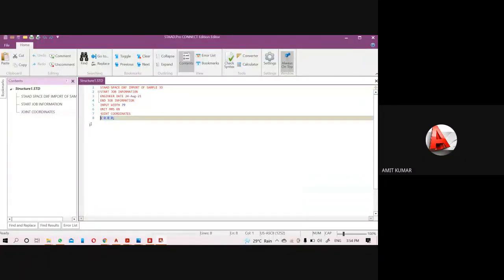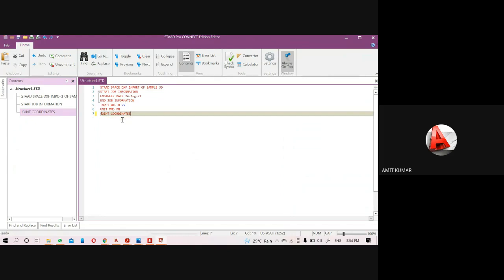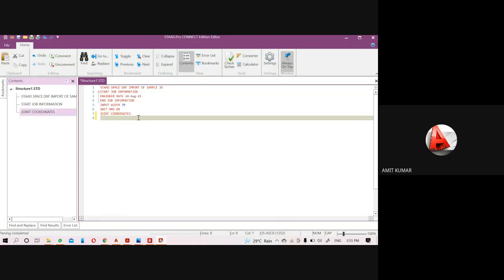I can show you one more thing. Just see, I'm just going to create node 1. Joint coordinate, node 1 and the coordinate value is 0, 0, 0, and the last node, number 10, and the coordinate value for that particular node is at a distance of 11, 0, 0.